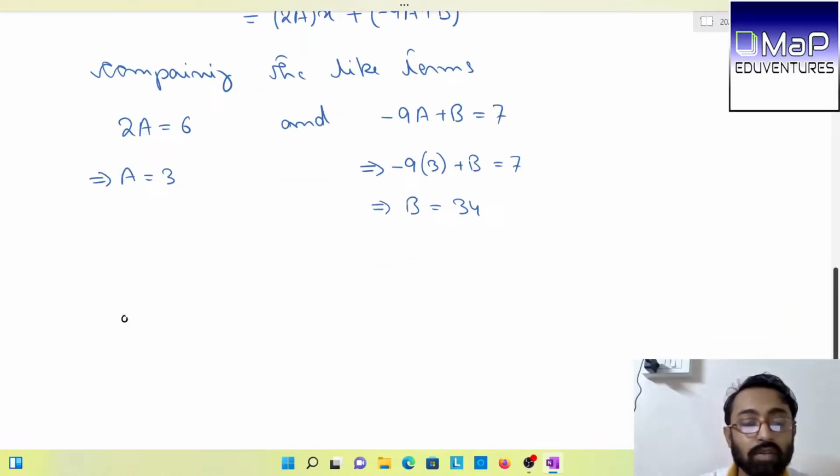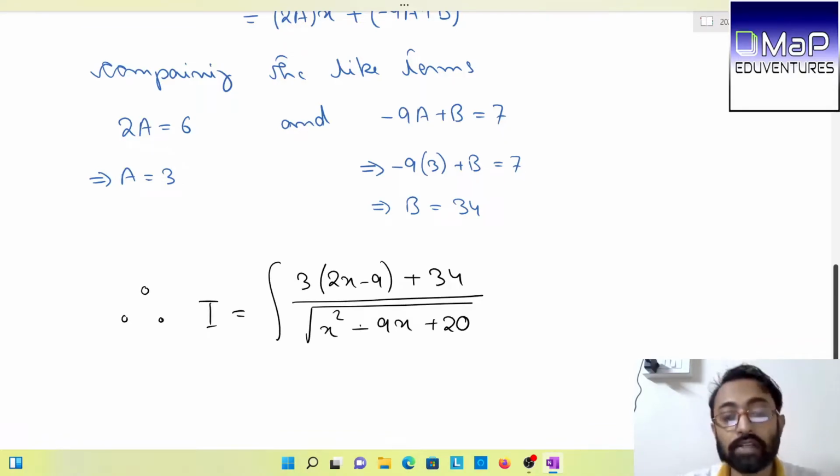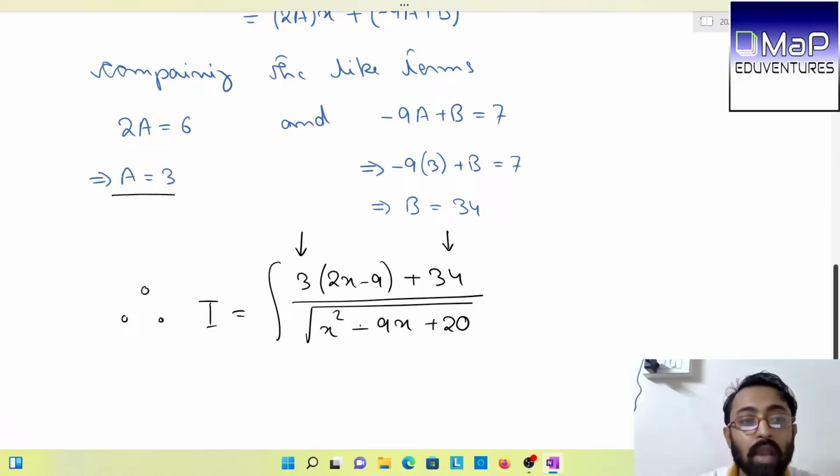Okay. So therefore, I equals the integration of 3 times (6y minus 9) plus 34. So here we have also included the value of a and b, which we had found earlier. Okay, so the second step was taking the values of a and b. All right, now